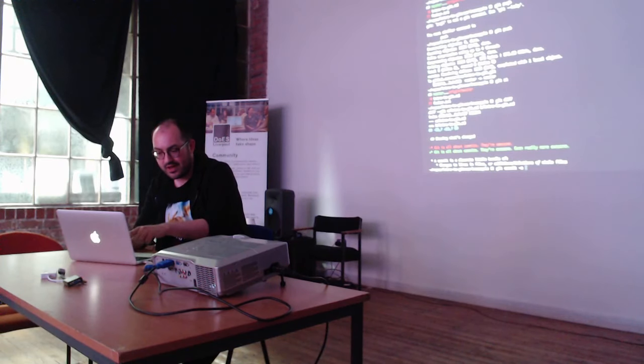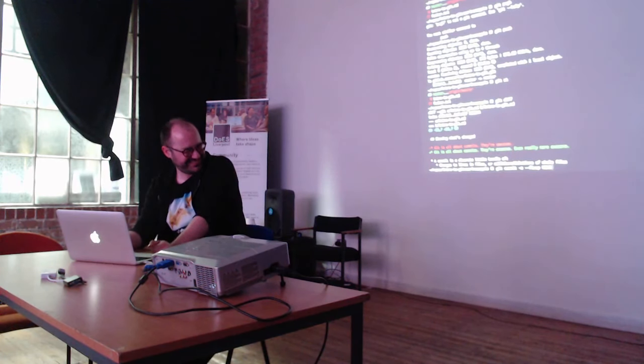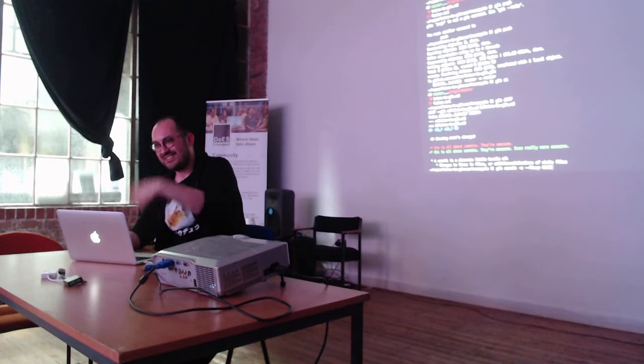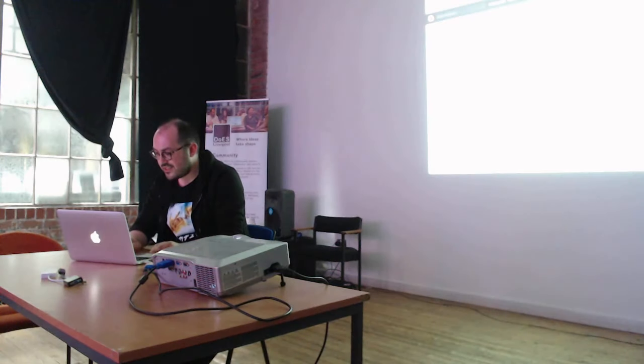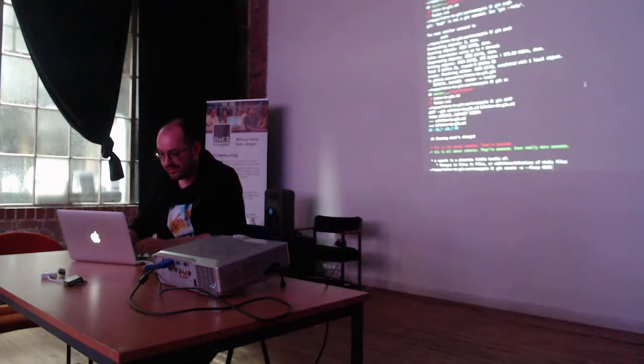And I am fixing up the previous commit, so I might do --fixup to say that, I'll explain why later, and the previous commit, which is HEAD. So you're fixing up the previous commit? Yes. And you can refer to the commit by its hash? I could refer to it by its hash, so here, that hash, I could copy that, and I could paste it in there.